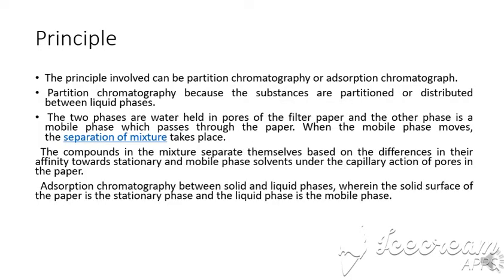How do you explain paper chromatography? Each and every chromatography, as I have told you, depends upon the stationary phase and the mobile phase. The stationary phase here is the paper. If the stationary phase is solid and the mobile phase is liquid, then it is called adsorption chromatography. But paper chromatography is called partition chromatography or liquid-liquid chromatography. How is it liquid-liquid chromatography? Because paper is just pores, and the cellulose fiber retains water, which is actually the stationary phase. So here the stationary phase is water in the paper and the mobile phase is also a liquid.